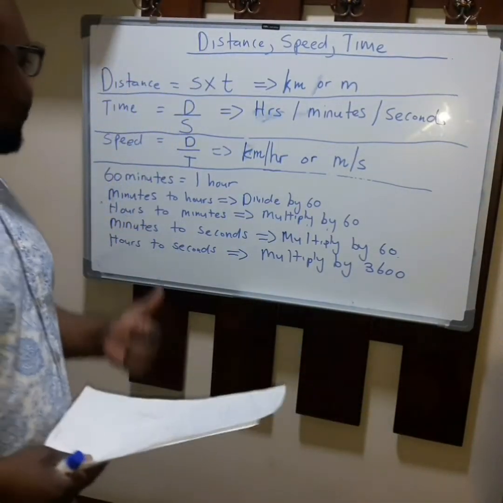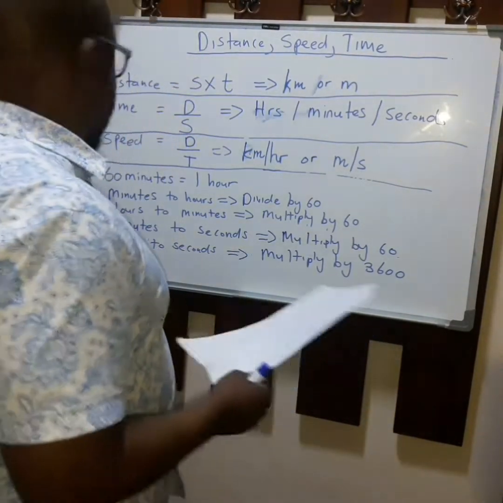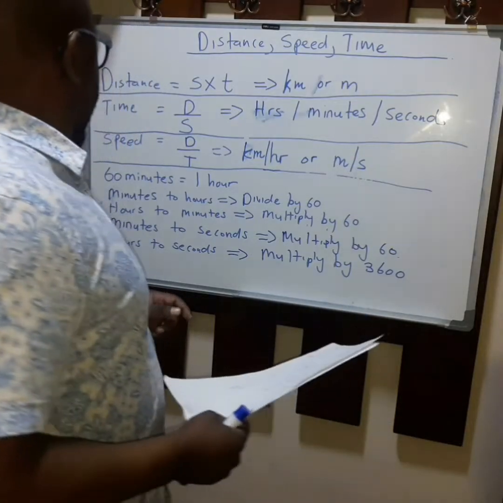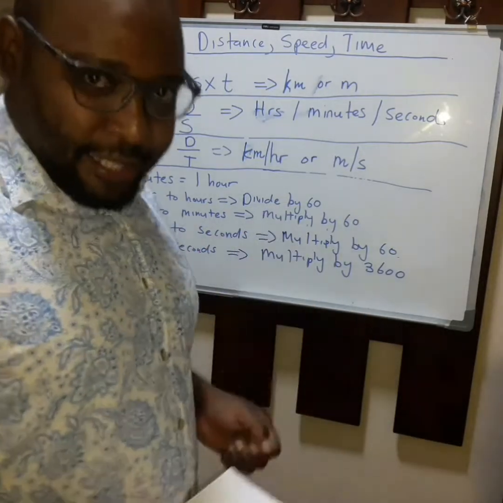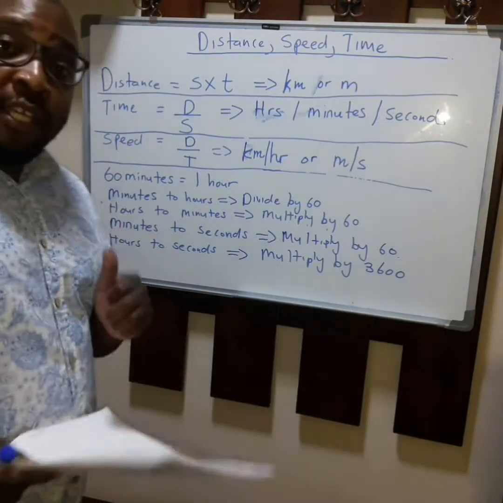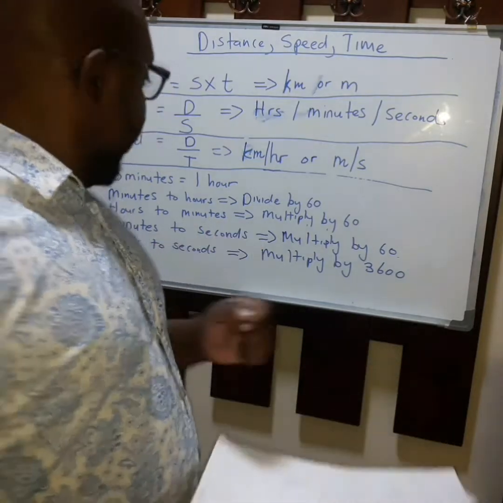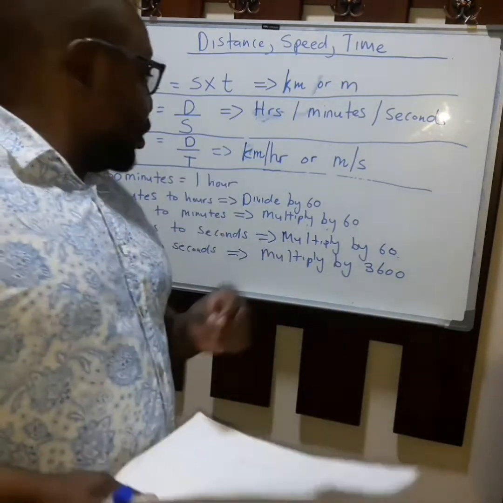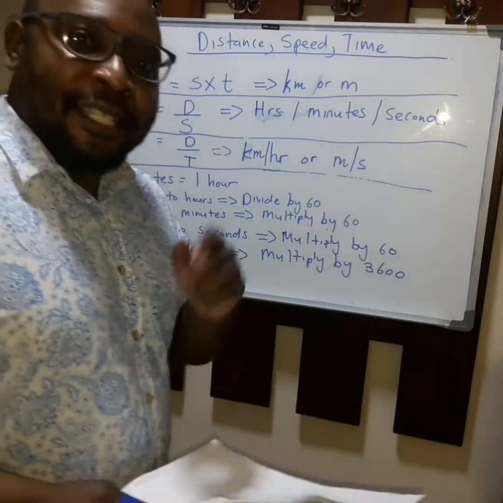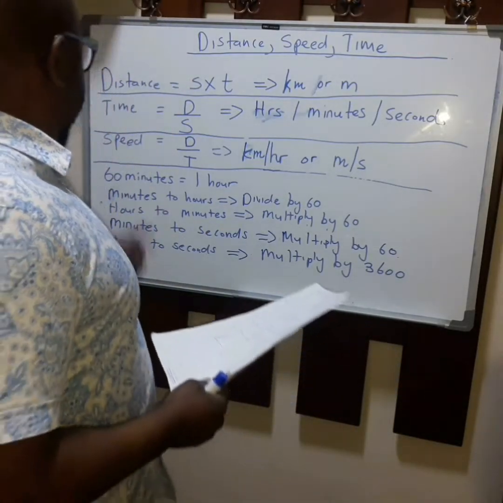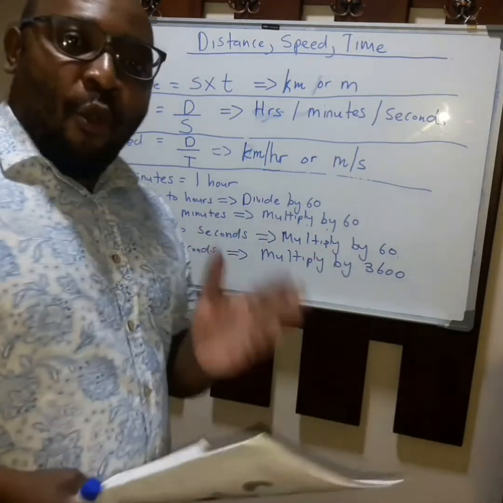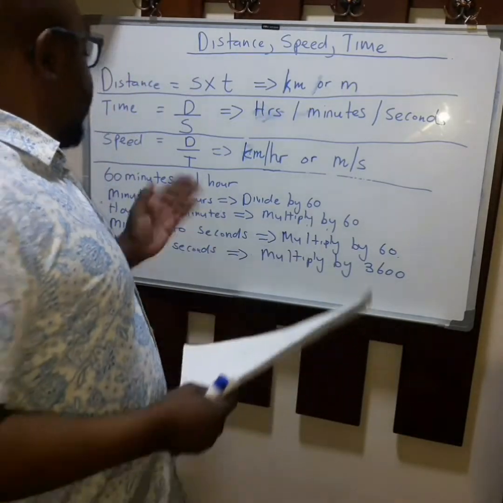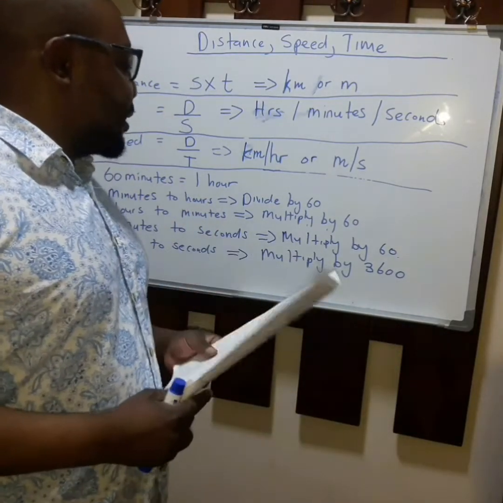If we want to convert hours to minutes, we multiply the hours by 60. If we want to convert minutes to seconds, we multiply the minutes by 60. If we want to convert hours to seconds, we multiply the hours by